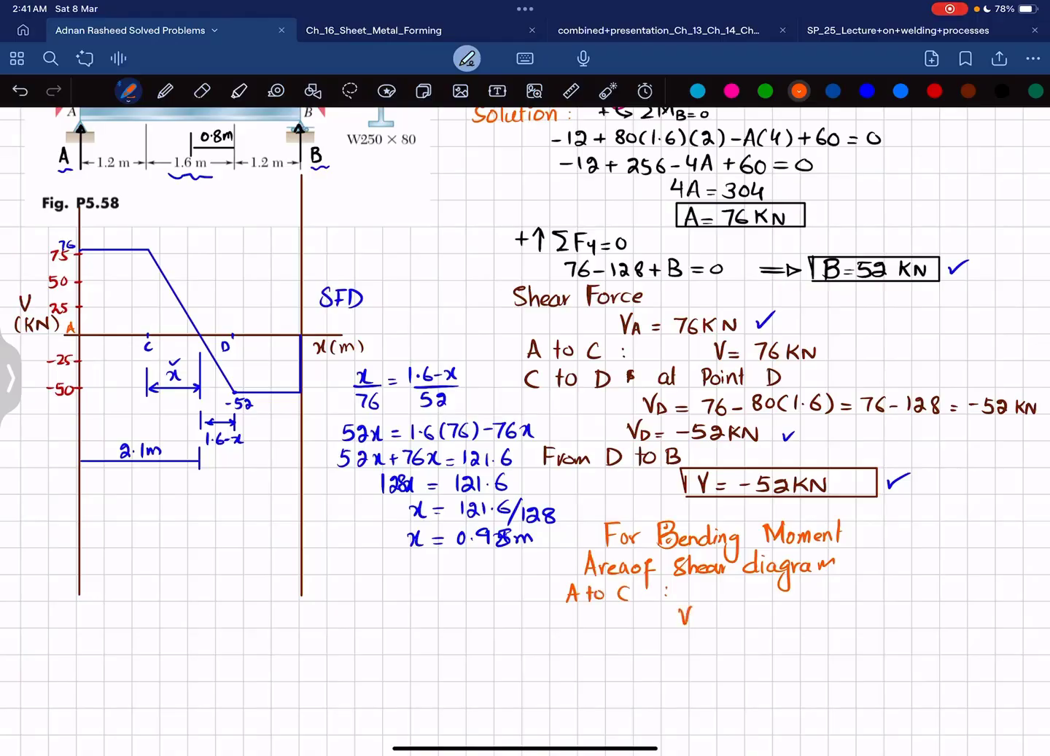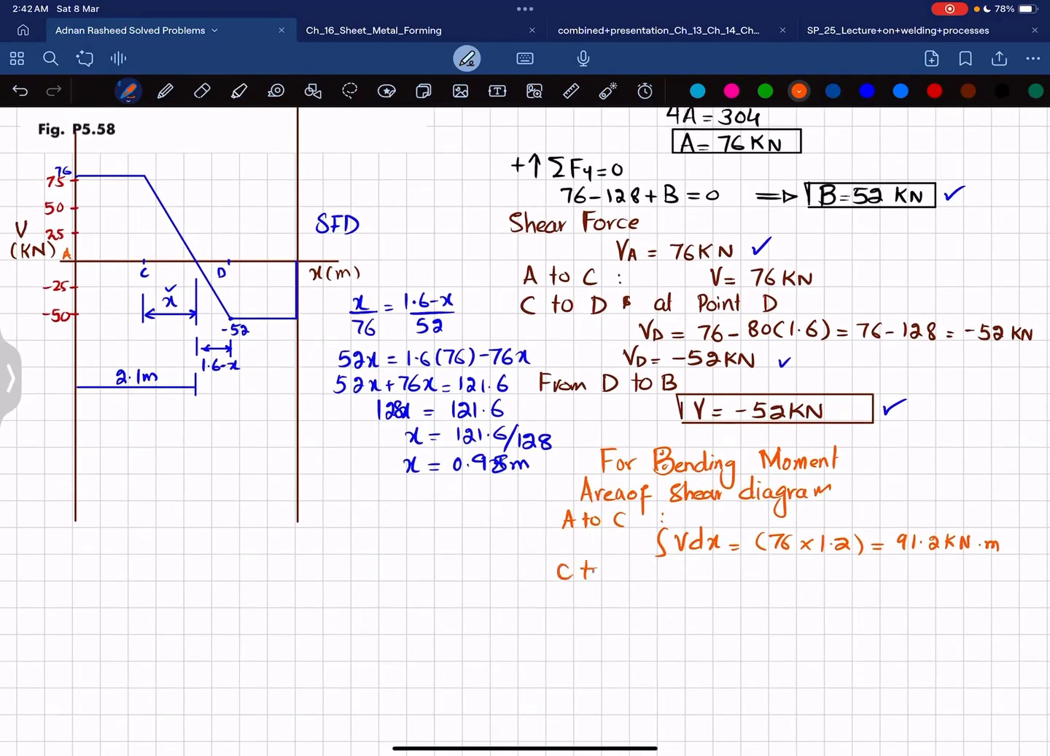The shear force will be the area under the shear force diagram, which is represented as the integral of V into dx. That will be equal to 76 multiplied by 1.2, and that will give you 91.2 kilonewton meter. Now from C to A, first we will calculate this area from C to E,